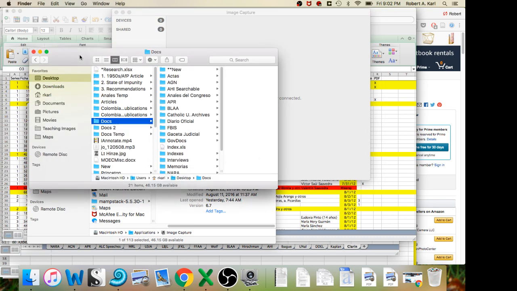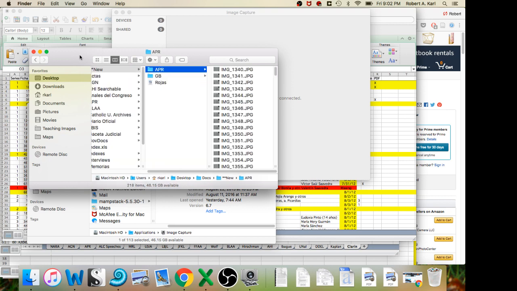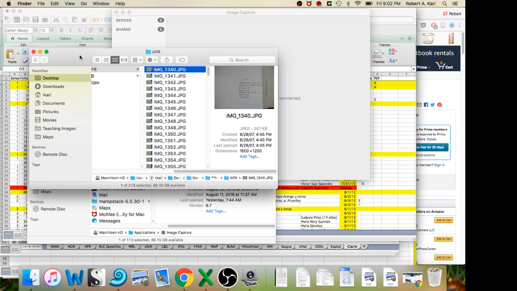So I have within my documents folder here just a folder marked new where I've put some sample photographs. These are actually photographs from 2007 that I never got around to organizing. So at the end of each day in the archives, and I wouldn't put this off because the photos pile up, I take the pictures that are in this folder and I move the photos into folders that recreate the